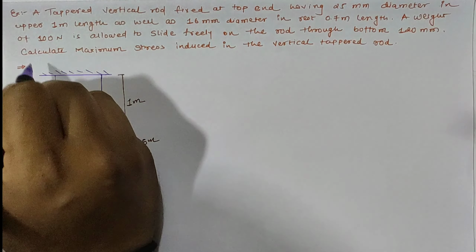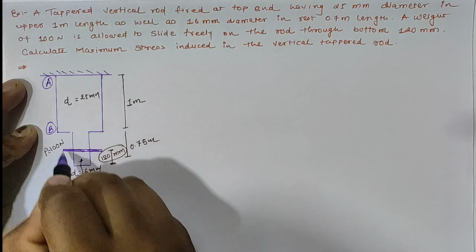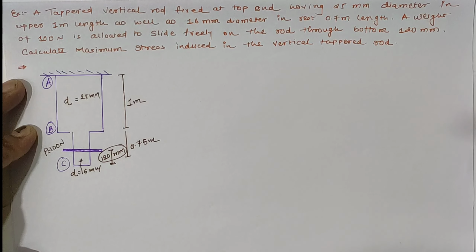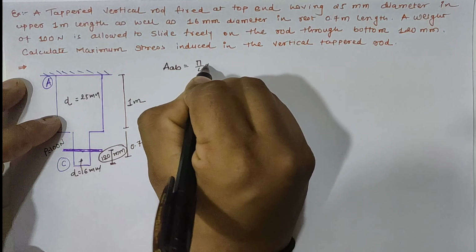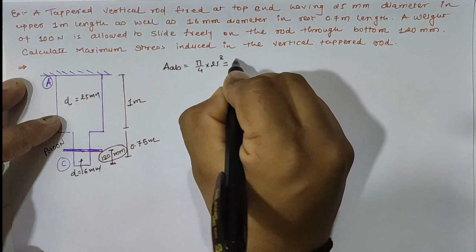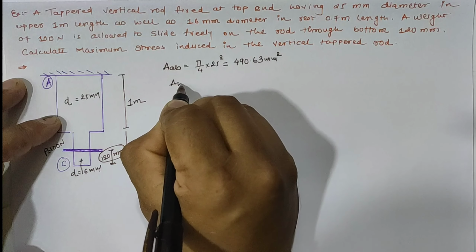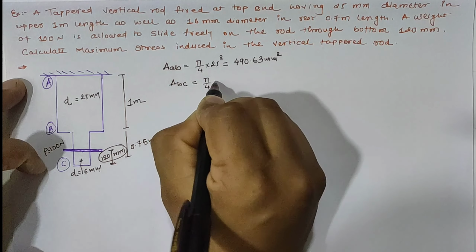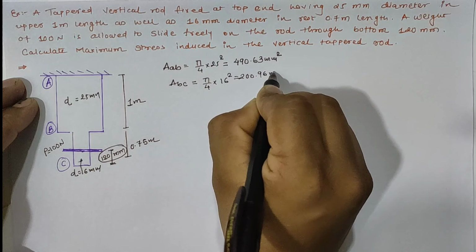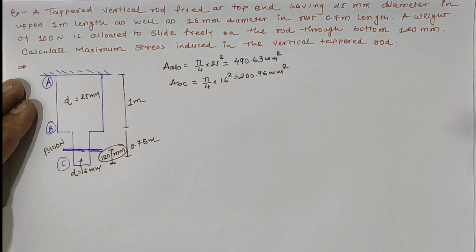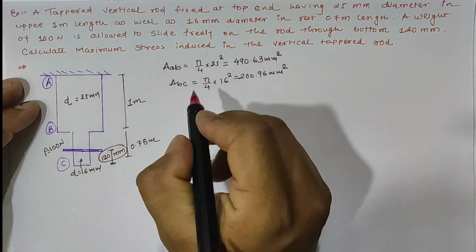So first of all, if we assume the top bar as part AB and the bottom bar as part BC, then the area of AB is pi by 4 into 25 square, which is equal to 490.63 mm square. Similarly, the area of BC is pi by 4 into 16 square, which is equal to 200.96 mm square. Now, this tapered bar is connected in series,